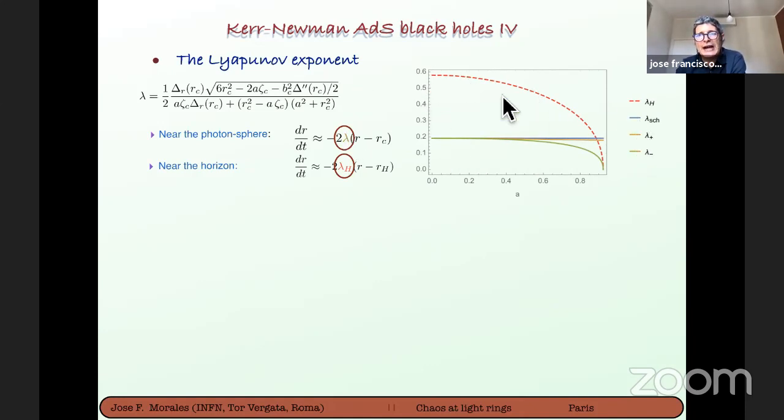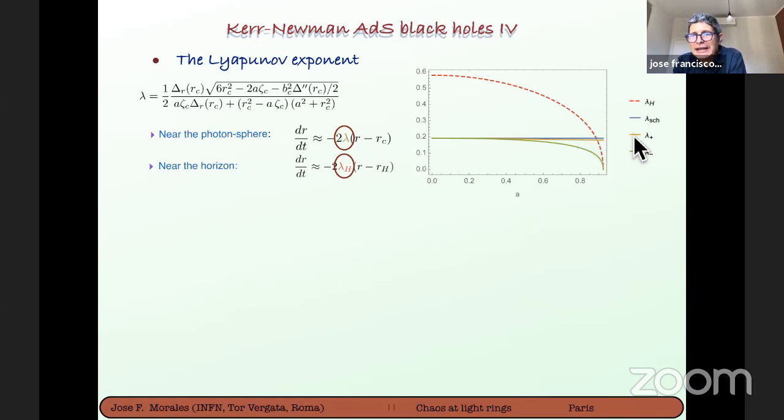Okay, and here I draw the graph in which I draw lambda_h, which is 2 pi times the temperature, for various black holes where you change, for example, in this case I vary A, but you can do the same varying Q or varying the AdS size and so on. We did several graphs. In the paper, you find all possible graphs. And what you always find is that lambda_h, which is 2 pi times the temperature, the bound on chaos found by Maldacena, Shenker and Stanford, is always above the lambdas of the black hole.